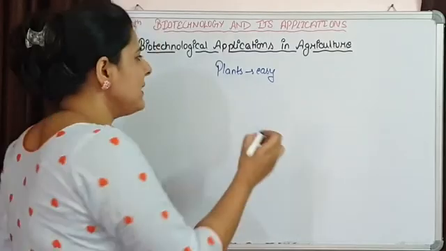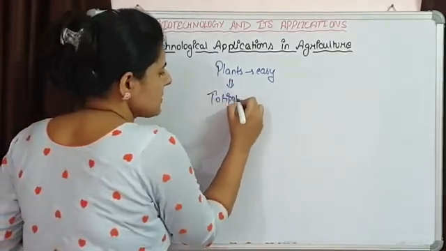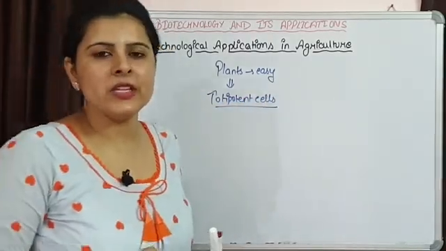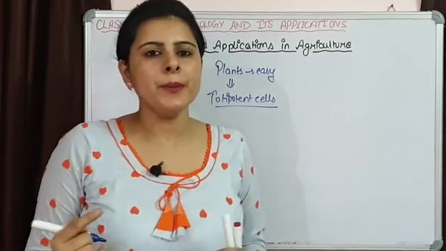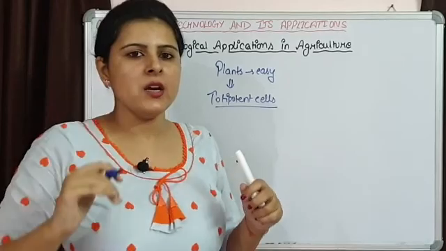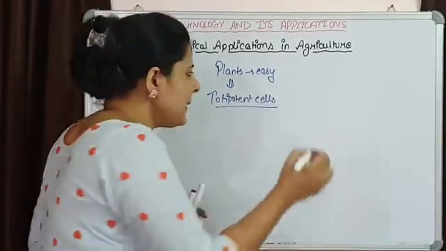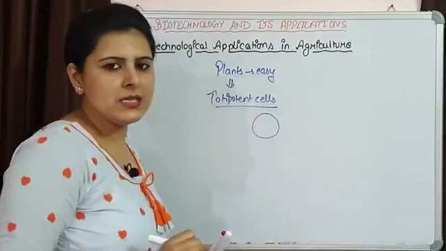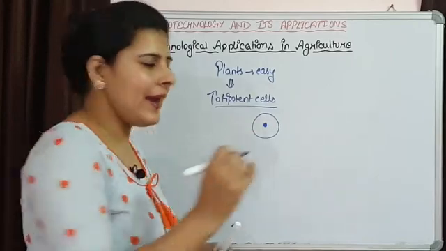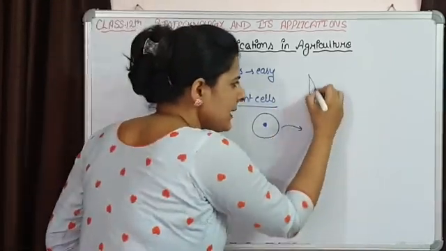The reason behind this is that most of the plant cells are totipotent cells, means these cells are having the ability to give rise to a complete new plant. So we are not required to change the genome or genetic content of all the cells of a plant, simply one cell is enough. Genetic modification in one single cell is enough, and this cell is going to give rise to a complete new plant,